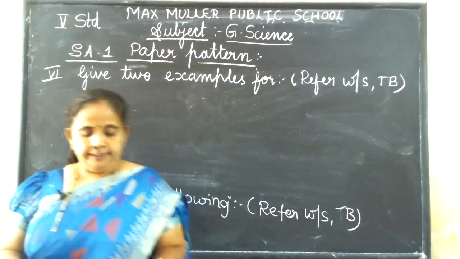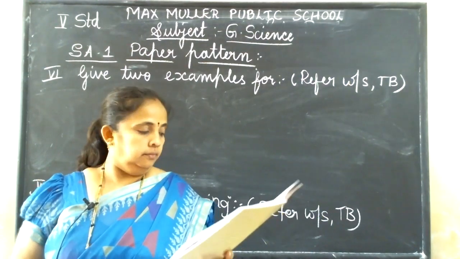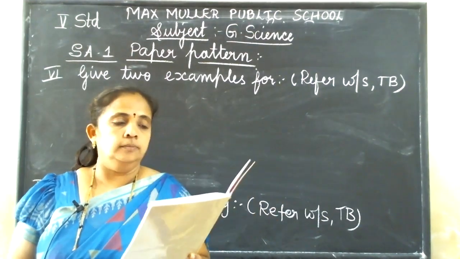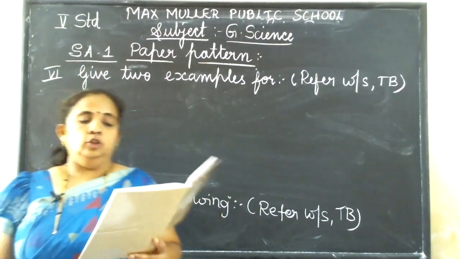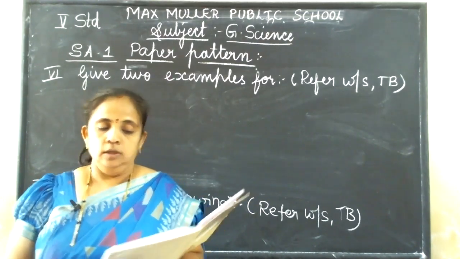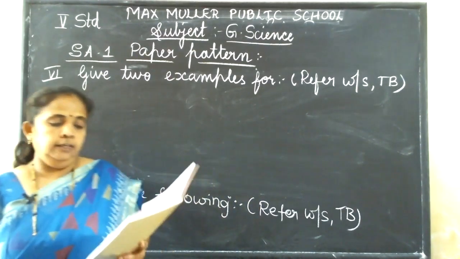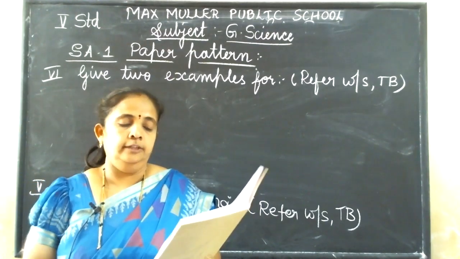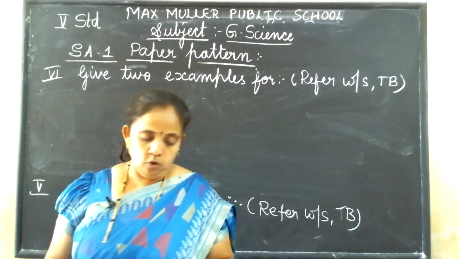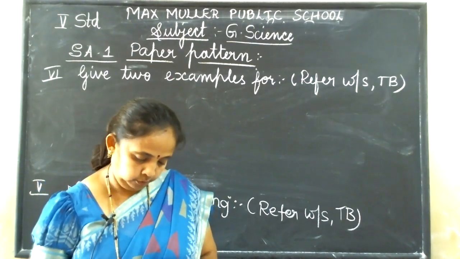Seeds dispersed by water: lotus, coconut. That is the 4th main in the July worksheet. Second, fiber crops: cotton, jute. Seeds dispersed by explosion: pea, bean. Plants that grow from underground stems: potato, ginger. Animals with fur on their body: sheep, bear. Animals which breathe through their gills: fish, crab. Herbivores: cow, buffalo.